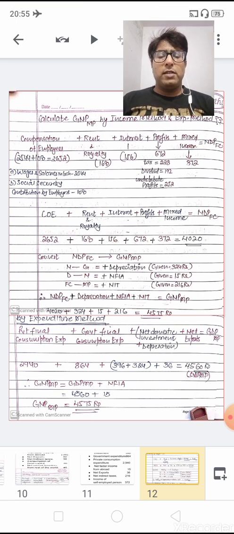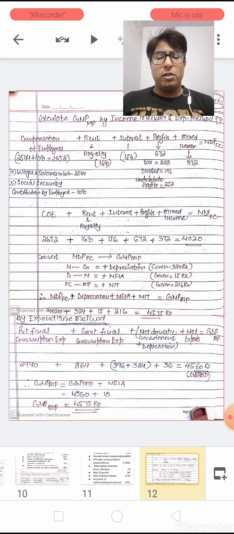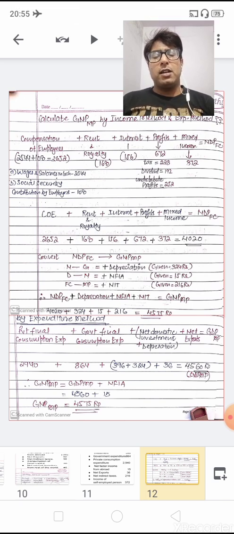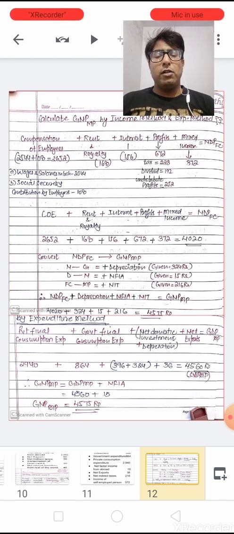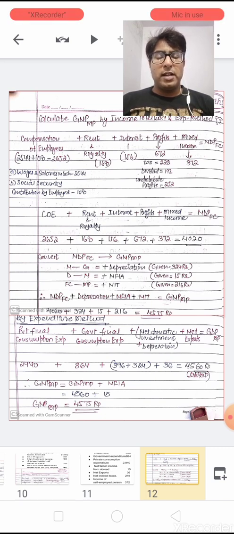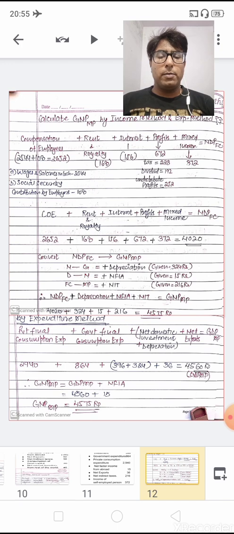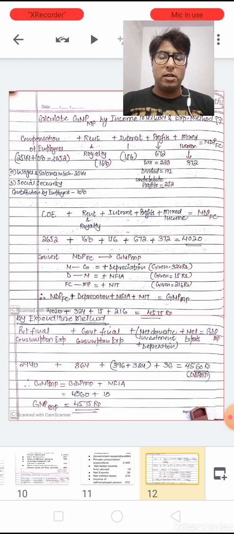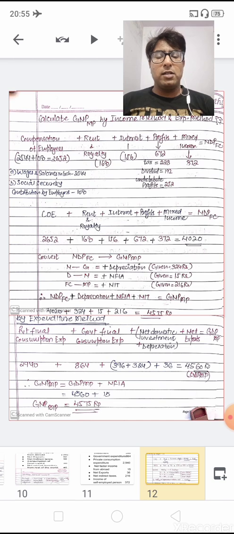So net domestic investment is given as 396, whereas depreciation is 324. So when 396 is added with 324, we will get the value of gross domestic investment, plus net export is given as 36. So 2940 plus 864 plus 396 plus 324 plus 36, we will get the value of 4560. This value itself is the value of GDPMP,